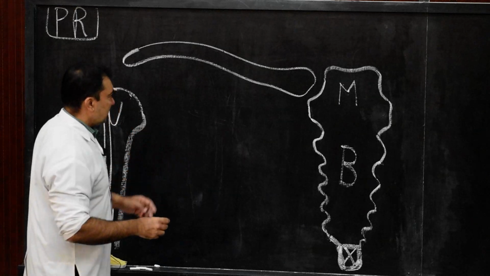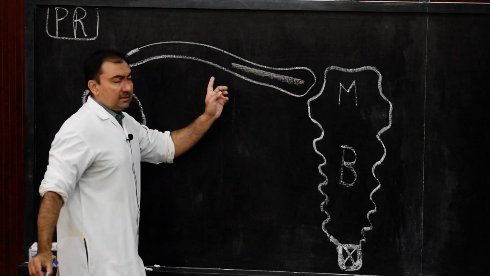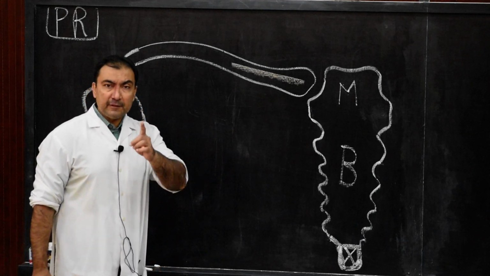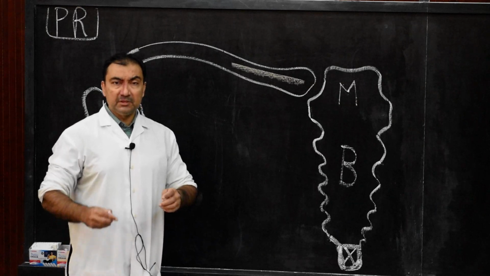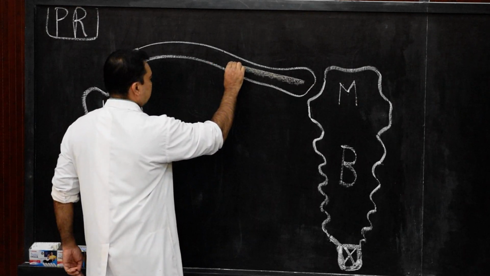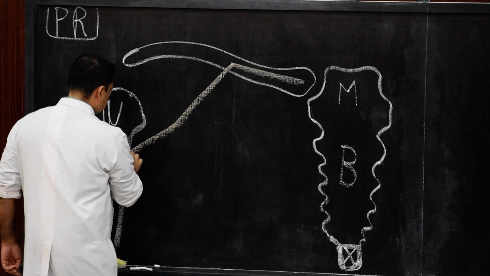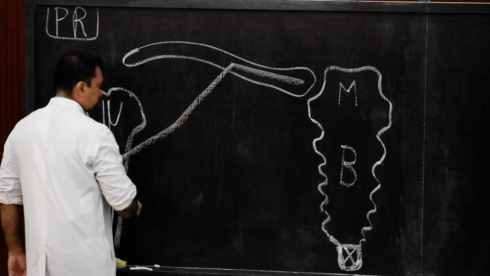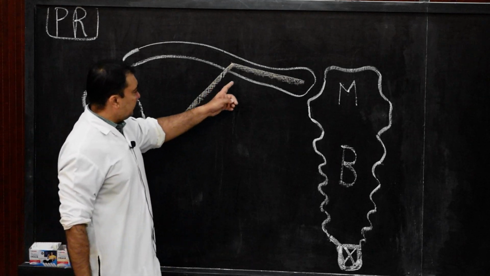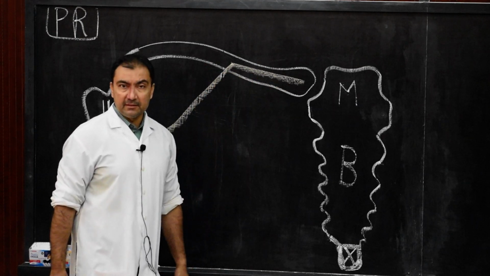Clavicular portion, note down, the pectoralis major will cover the medial half of anterior surface of clavicle. So the clavicular fibers of pectoralis major will take origin from the medial half of anterior surface of the clavicle. This is how the pectoralis major fibers will be passing. The clavicular fibers. Once again I'll repeat, the clavicular fibers will take origin from the medial half of anterior surface of clavicle.